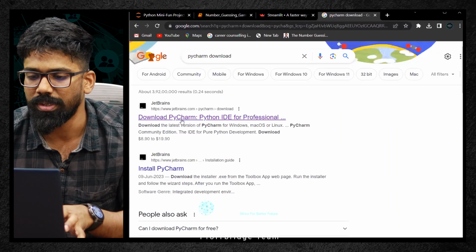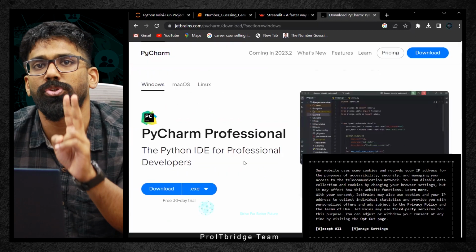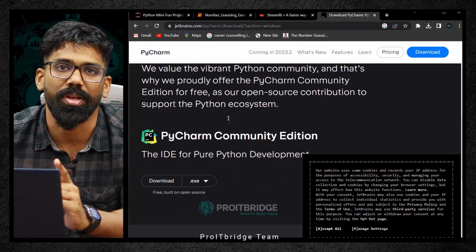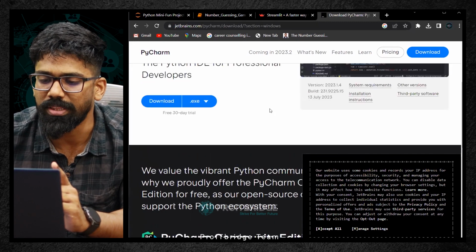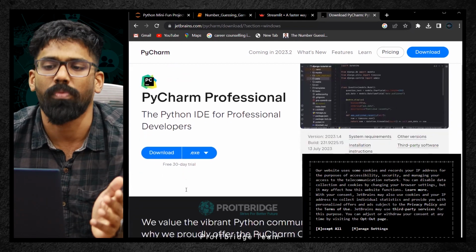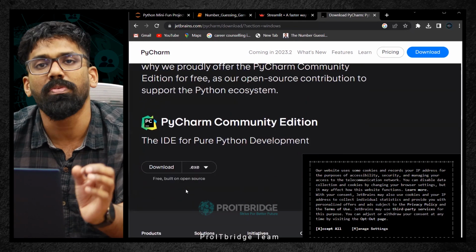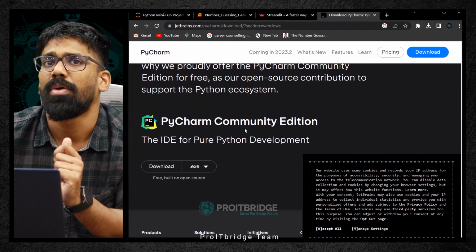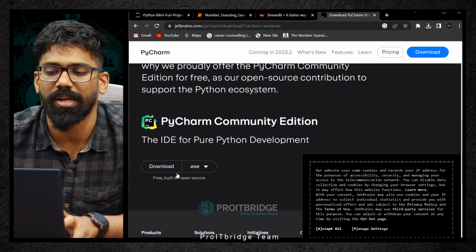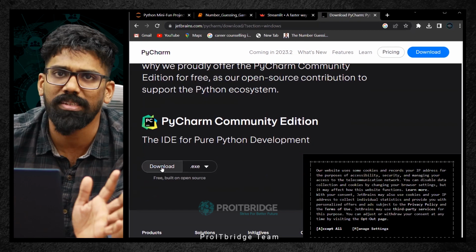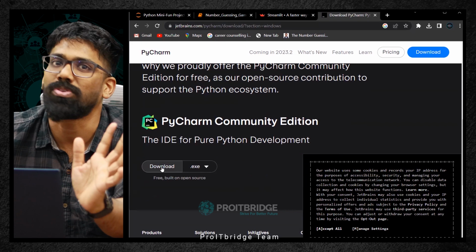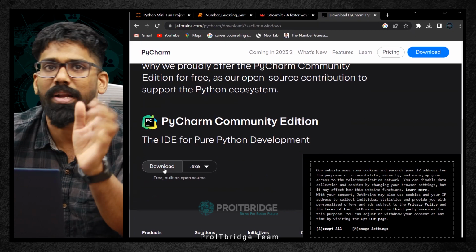Let me click on this. Here, if you see, PyCharm has two versions: one is PyCharm Professional and the other one is PyCharm Community. PyCharm Professional comes with a 30 day trial, and after that you need to pay. It has a lot of options, but the PyCharm Community version itself is more than sufficient for our purposes, for deployment. So you can click on it and download it. These are very basic steps. Whatever it asks, just enable all the checkboxes and click on install. It will download and install.